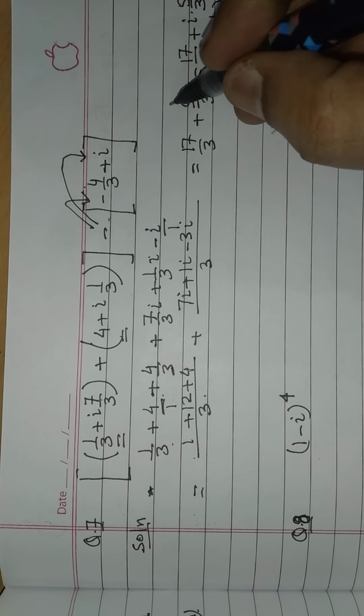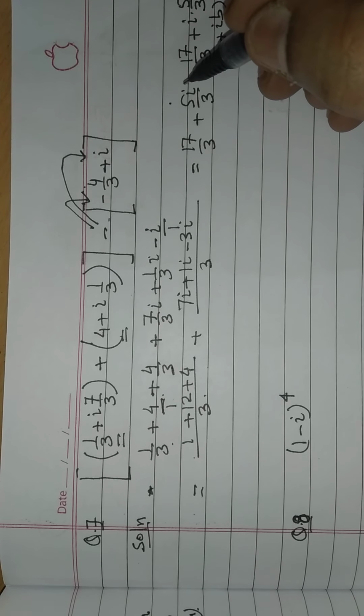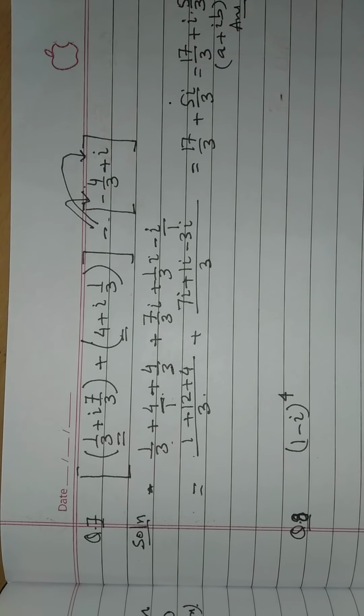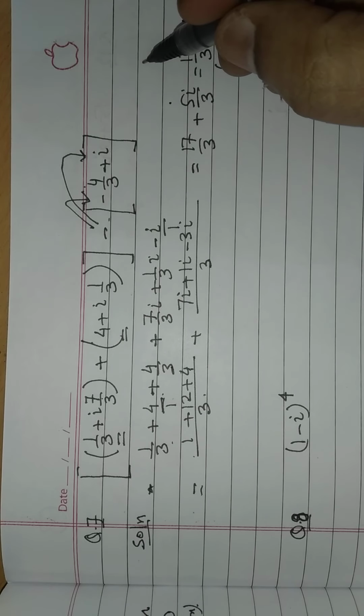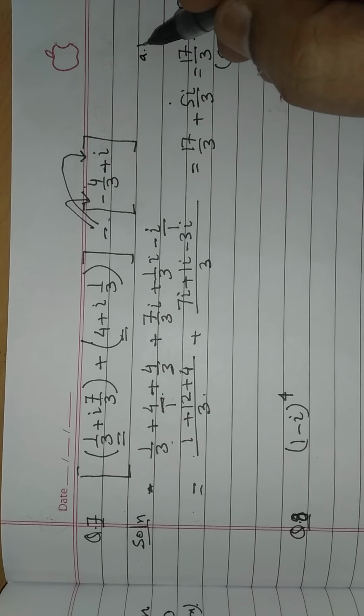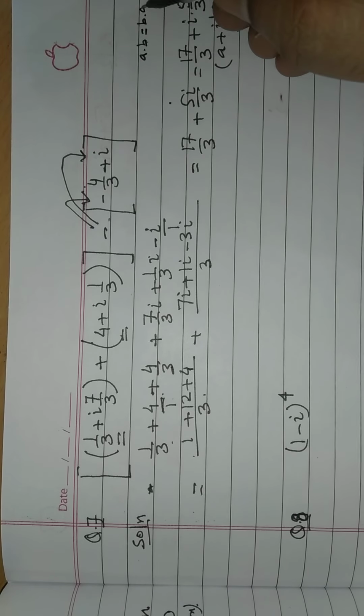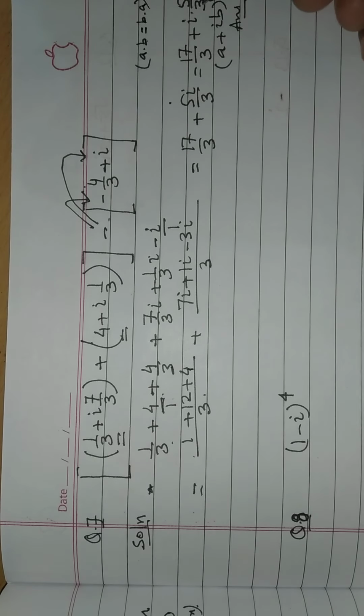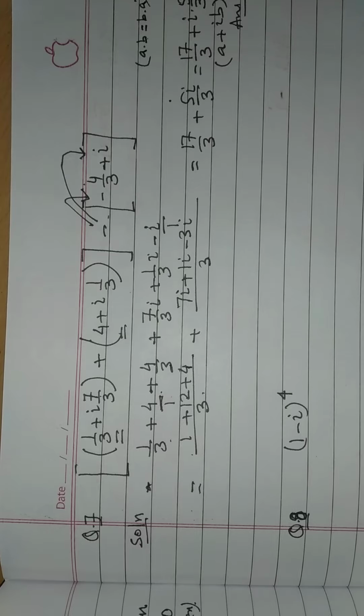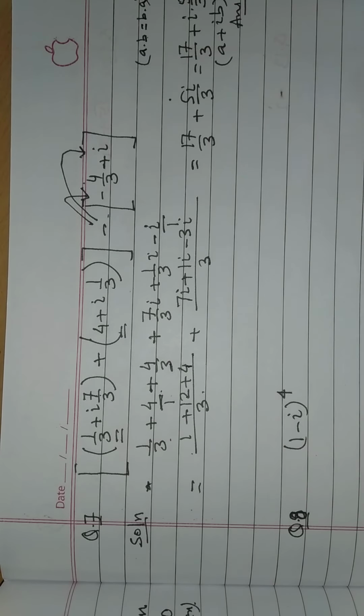If you write up to this, it is also the answer, but it is told that iota will be written first, because of multiplication. You know that multiplication is commutative. Suppose a into b, then it is b into a. So the commutative law holds, so you will have to write up to this. Now it is very clear to you.